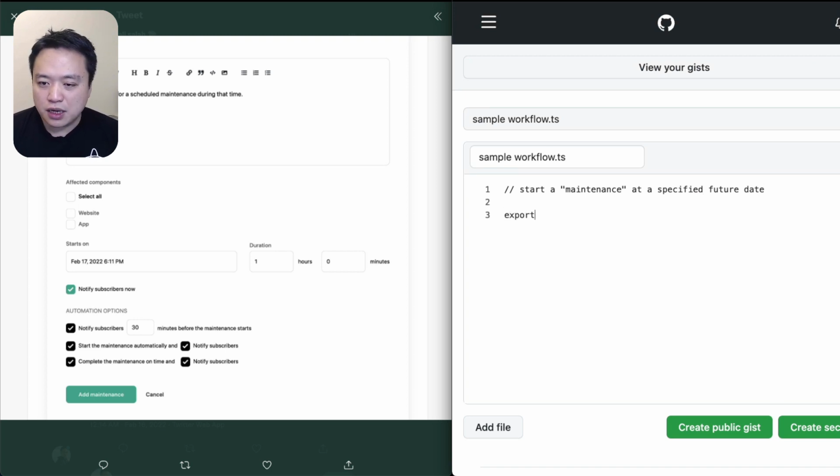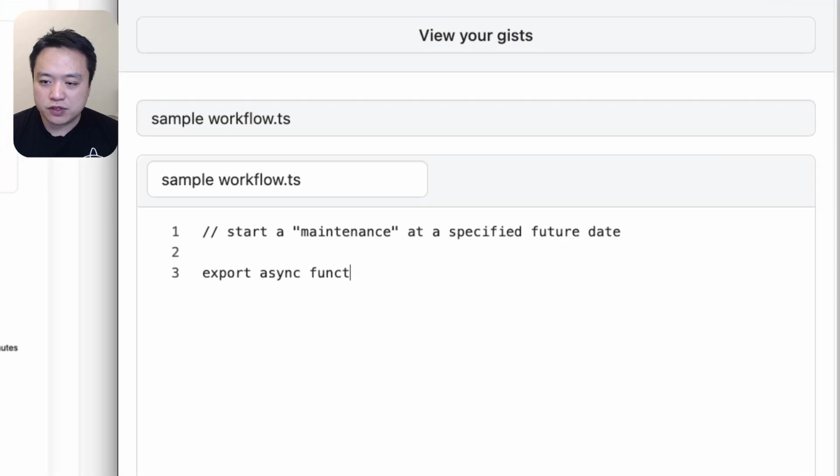So at its core, you just export async function. Every workflow is a function. So let's just say new maintenance. Just say maintenance, future maintenance, whatever. It doesn't really matter, but I'm a little bit picky about naming things. And I know that I'm going to keep adding stuff later, so I'm just going to preemptively make this an object for now, and say date is,